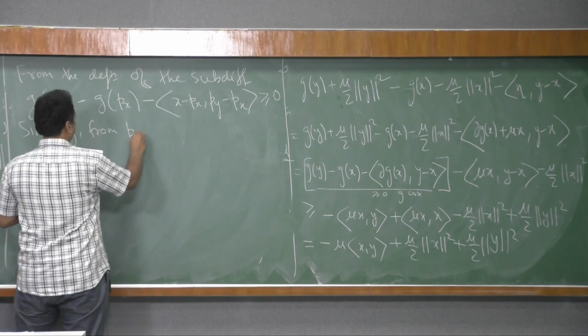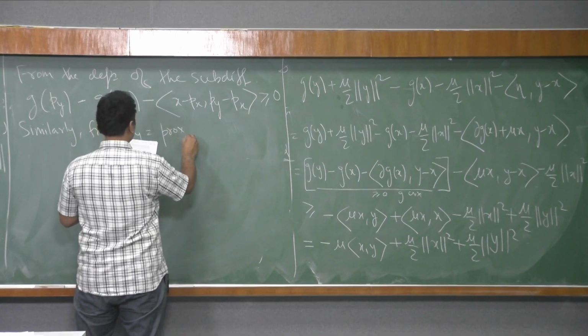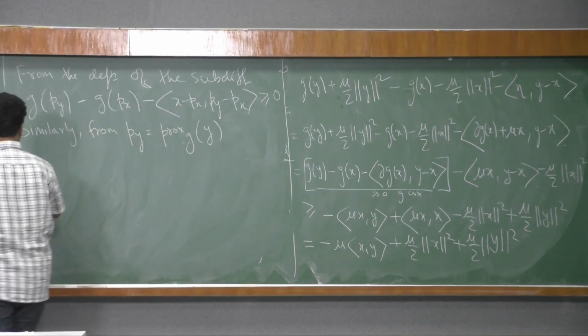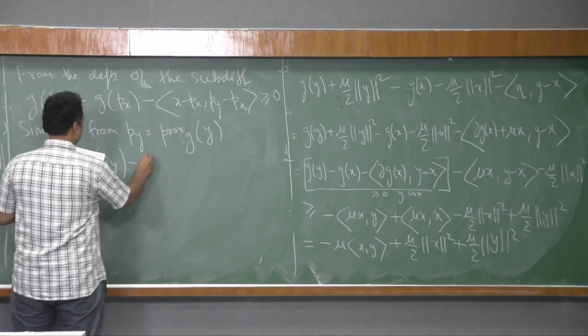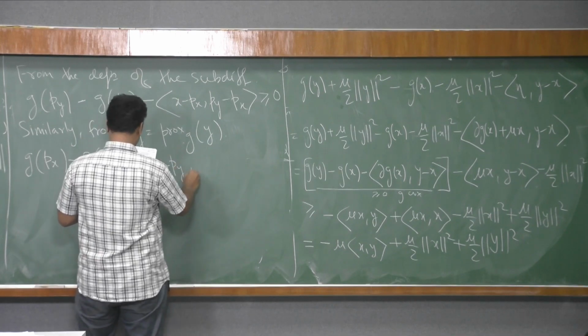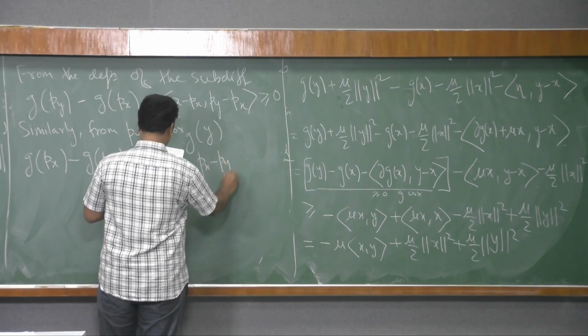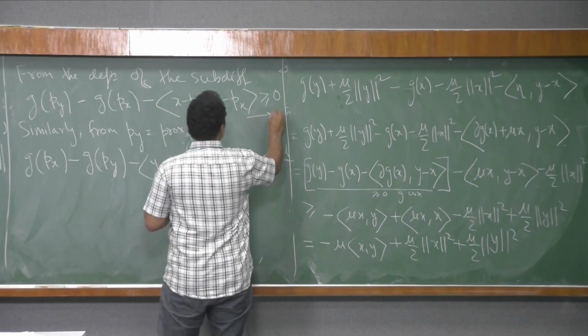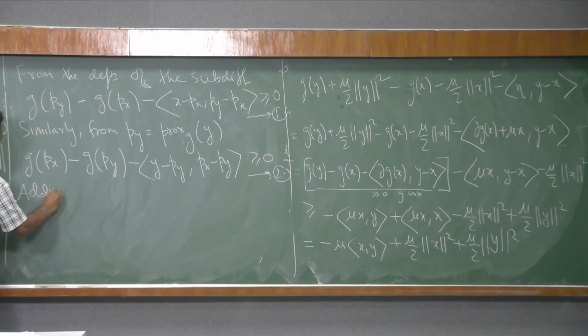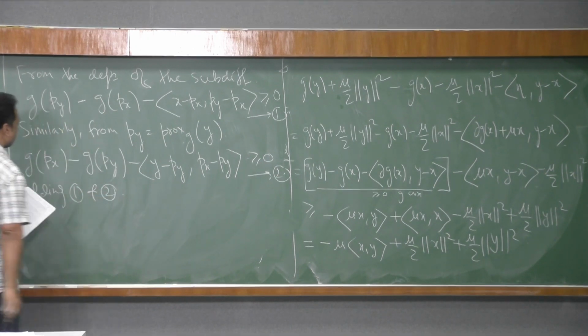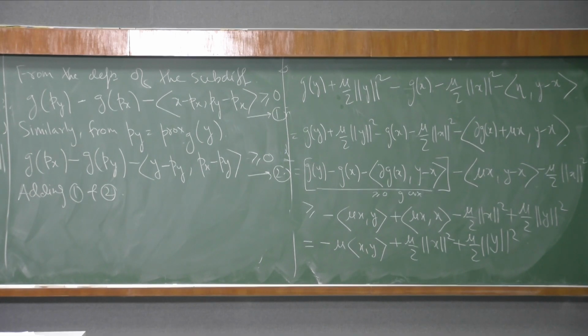from py is prox of g y, then this is g of px minus g of py minus y minus py, px minus py is greater than or equal to 0. So let us say this is our equation 1, this is our equation 2, and adding 1 and 2, you can see g gets cancelled, right? So g plus g py minus g py and plus g px minus g px gets cancelled, and we are left with,